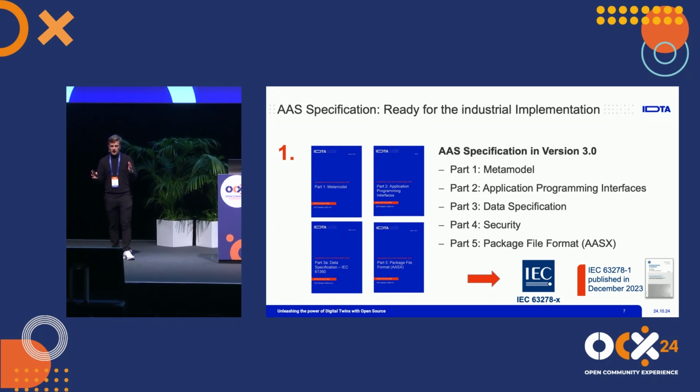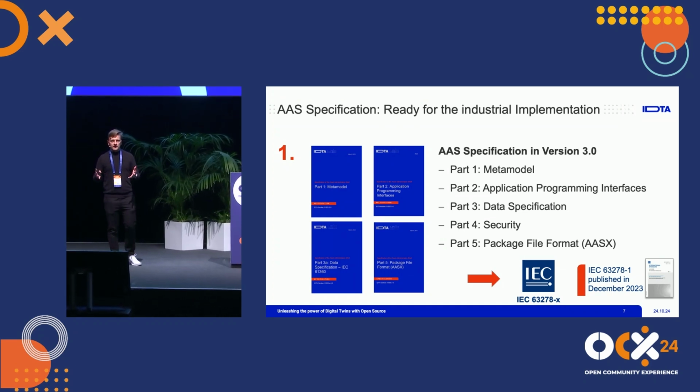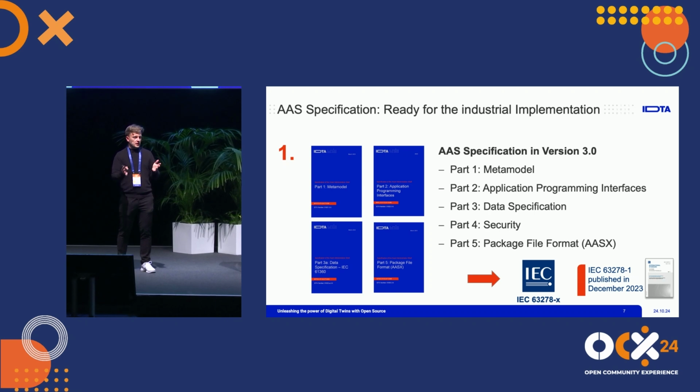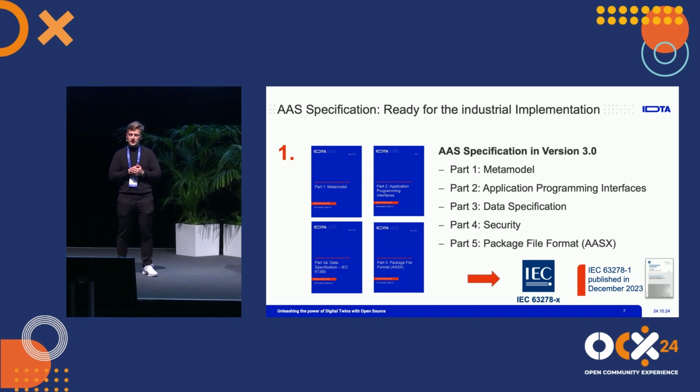So now I gave you the overview and just very shortly present what IDT is doing. IDT is driving the specification of the AS. This is rather the bottom part of what you saw in the previous slides. Number one you see here: the specification is composed of the meta model, which is providing, so to say, the rule book on how to model digital twins. You have the APIs, you have security, you have a data specification, and also the specification of the package file